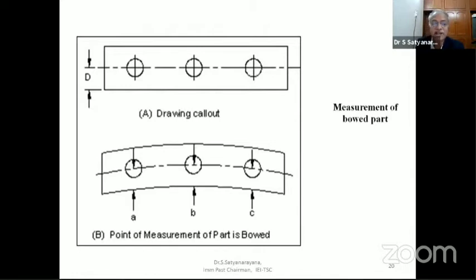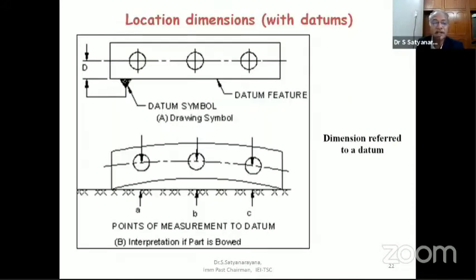And to avoid this kind of controversy, there is a procedure to mention this kind of drawing. And this is the way you have to mention the drawing. The moment you mention the drawing like this with a datum at the bottom, you keep it on the surface plate, and with respect to the datum, you measure the central lines of these holes. Then this is a correct drawing. Then you will not have the bow shape. Then this is functionally useful. This kind of small details should be made available to the designers. Designers will then give a right drawing, and on the shop floor there is no controversy and no conflict between the inspector and the manufacturer.